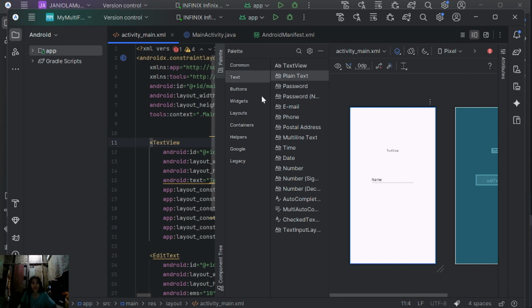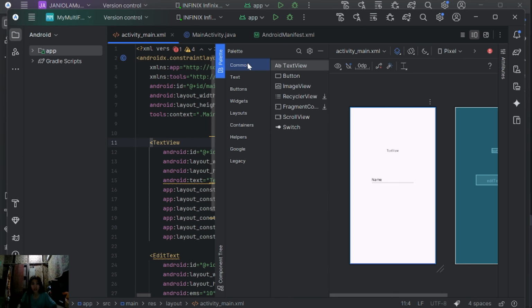So next we have to put a button for user action. So just have to drag this down.